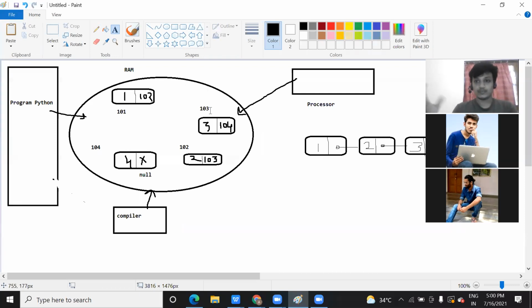Whenever we save data in the RAM, it does not follow any sequence. That's why this address will be helpful in arranging the data. Now is it clear to everyone how the actual flow works? I think you might not have seen this before, but this is the actual concept. Whenever you run the program, your program first comes to your RAM, the processor starts working on it, you compile the program, and when you run it, it will generate the output, this one.